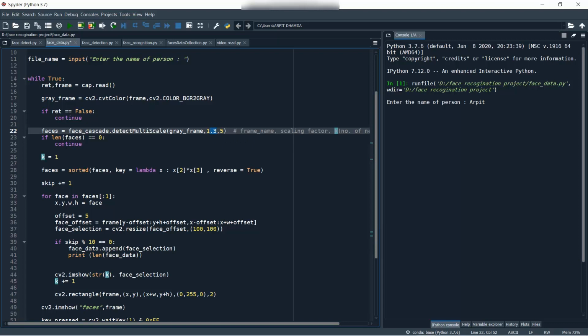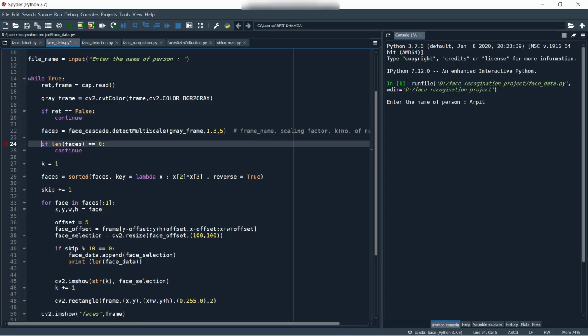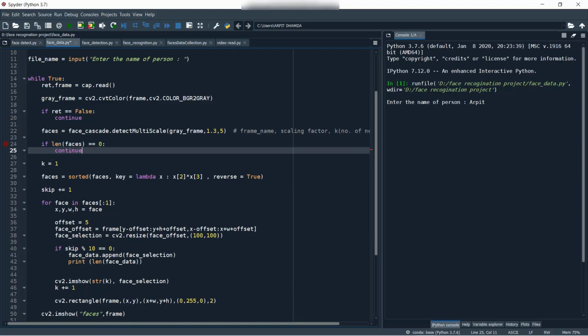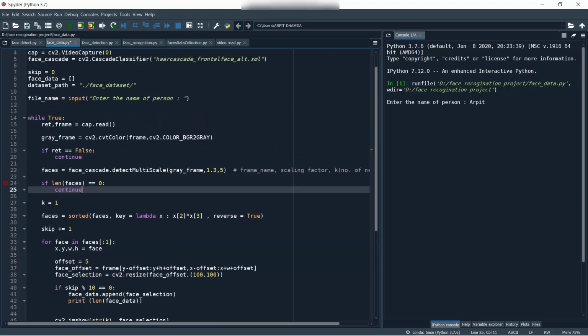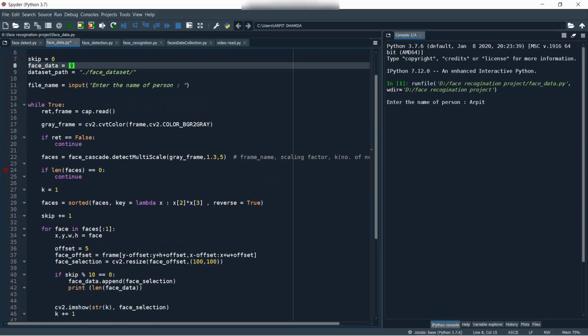So just let me give you a quick overview of what the scaling factor is. So initially, if we scale our image size to 1, then if we are doing 1.3, it simply means that we are just shrinking our image by 30%. Don't worry, I will explain this step later when we are doing the KNN algorithm. So for now, let us move further. So in this line, we are just checking if faces length is equal to 0, like if this faces is equal to 0, then just continue. We don't have any face here.